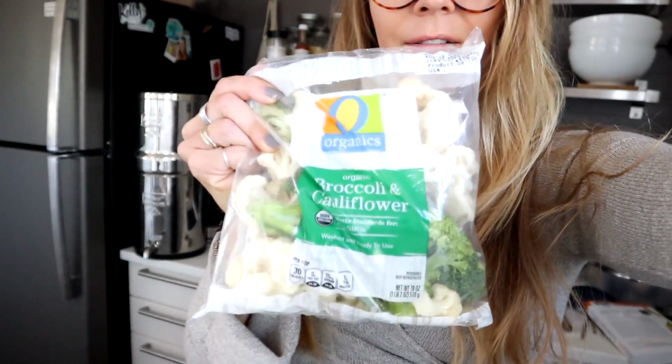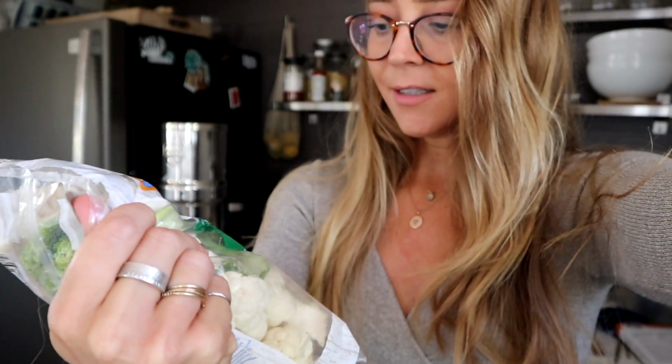I have this broccoli cauliflower mix that's actually 3 days past the expiration date. So I'm gonna steam up this entire thing because I have to use it up. And I did a little what I eat in a day post on Instagram, I think it was like last week or something, and I made these scalloped potatoes. They're so good, and a lot of you guys were asking me for the recipe, and it's super simple to make, so I figured I'd just show you guys because I have a little bit of cheese sauce left, which I feel like the last 3 or 4 videos I have made some variation of cheesy potatoes and broccoli